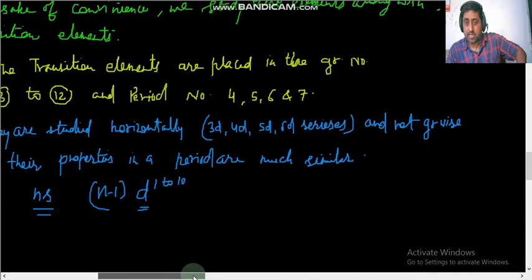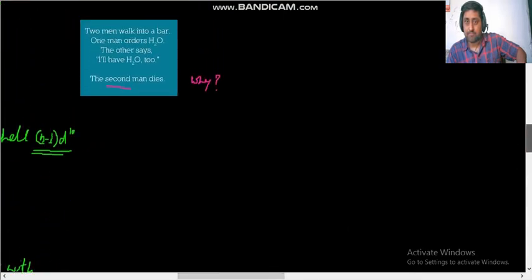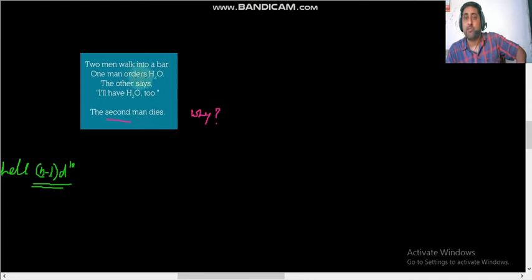Now here see that joke. If you see the answer of that joke, the two men walk into a bar and one orders S2 and the other says I will have S2O2, and the second one dies. Now see, he said S2O2, but the waiter served him H2O2, that is hydrogen peroxide, and that is a strong oxidizing agent. That's why the second man dies. Okay,